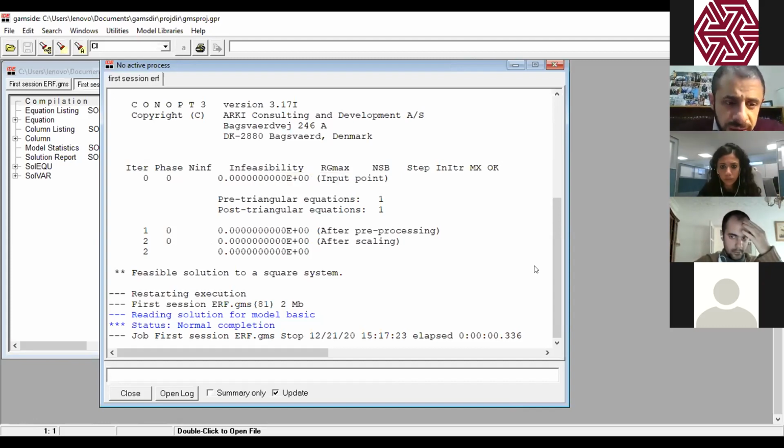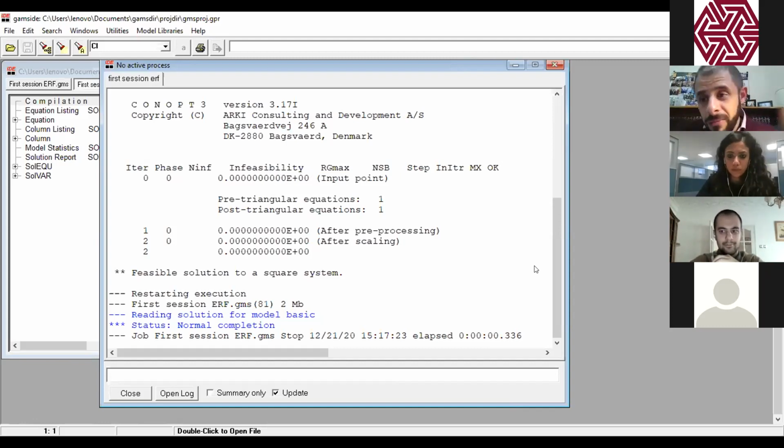But actually it's weird, because in general, if we do not declare a variable, it's automatically included as an endogenous variable. But I don't know why here it resolved your infeasibility. In any case, as you can see in this dialog box, we have 0.0 as infeasibility because we don't have a shock. And if we don't have a shock, the infeasibility must be 0.